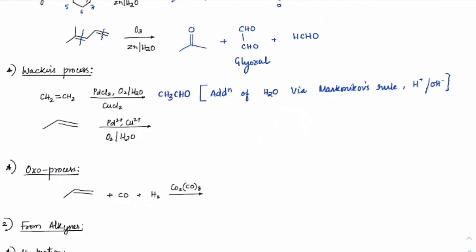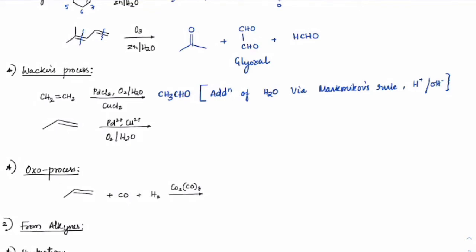Now the way to remember is this, you make an addition of H2O. Why? So that brings to this aldehyde form, because you will get more like an enol form there, right? And that would become aldehyde. So you just add H here and OH here.